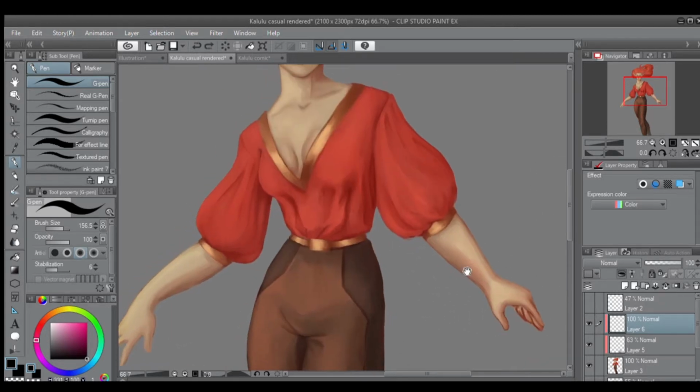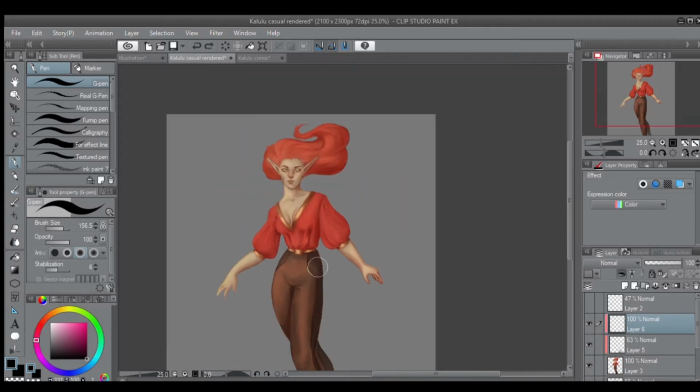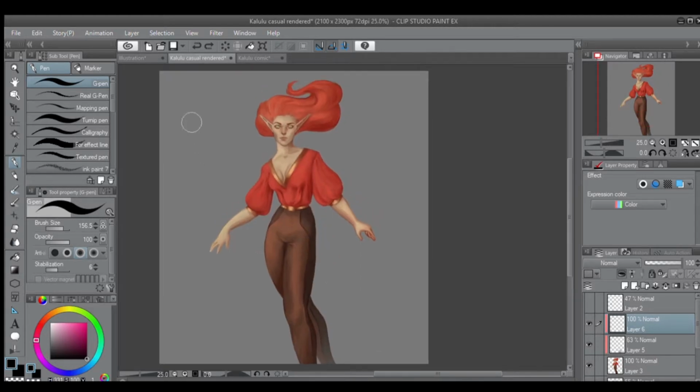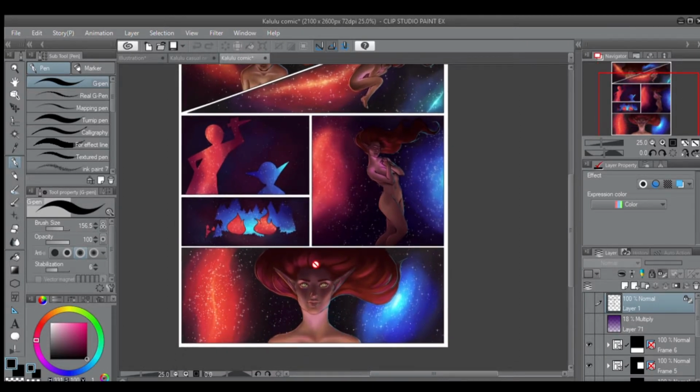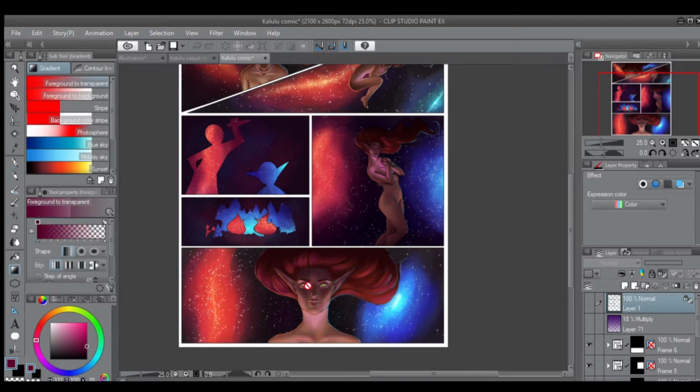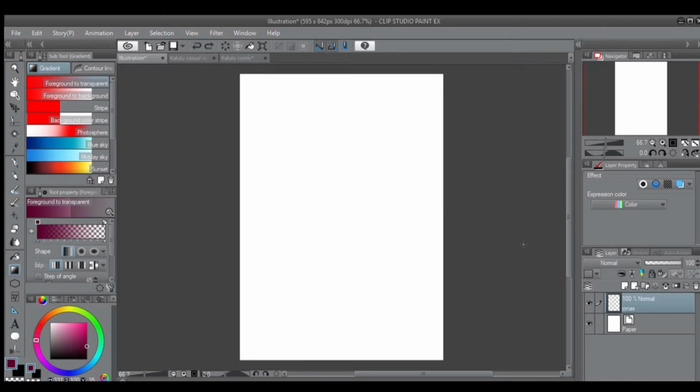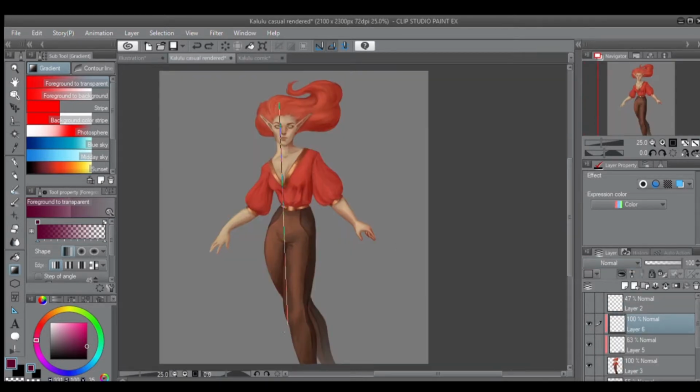And this is really good for, I use it a lot on my comic. When I started shading here, what I did is I took a gradient and I took a deep purple and I put the layer on multiply, so you have different modes. For example, here I dragged it down,